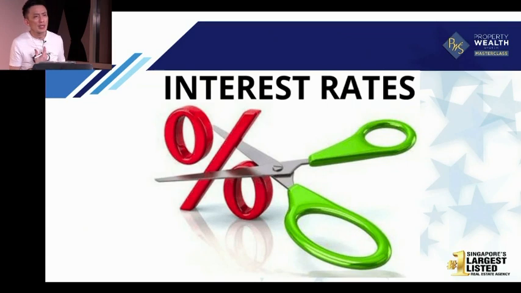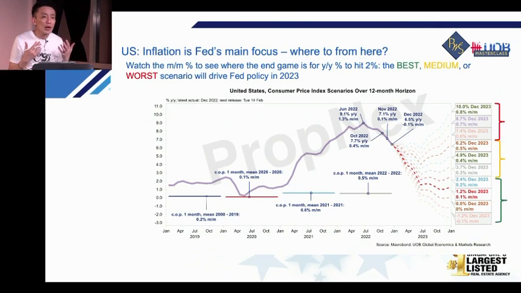So a lot of people today say, Kelvin, why should I buy today? Because the interest rate is so high. Exactly. I have no doubts about this, and I just want to take this opportunity to share with you here. Of course, the reason why interest rates increased is because of inflation. The only way to bring the inflation down is to increase the interest rate. When they increase the interest rate, it is to stop people from spending money. When people stop spending money, that is where the inflation will start to drop.